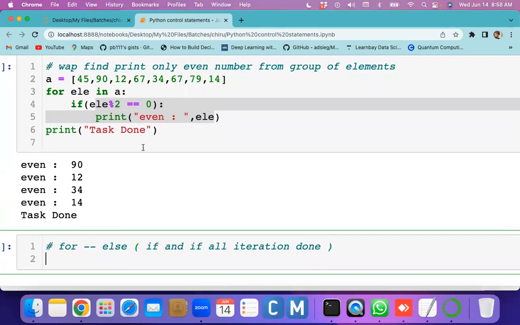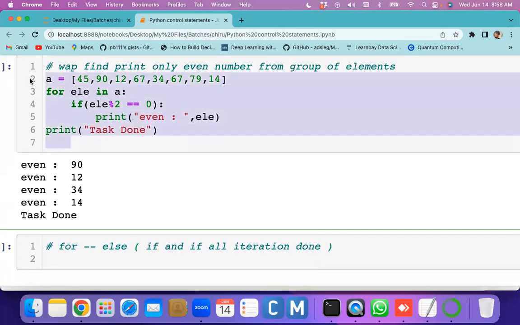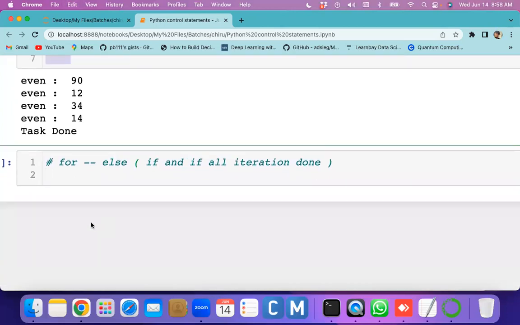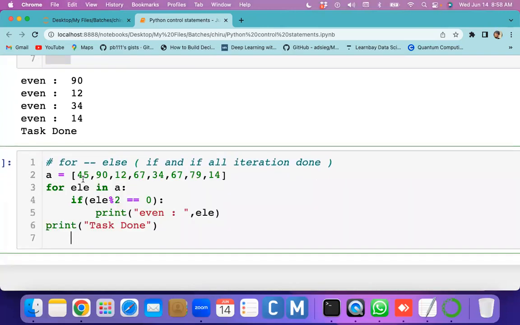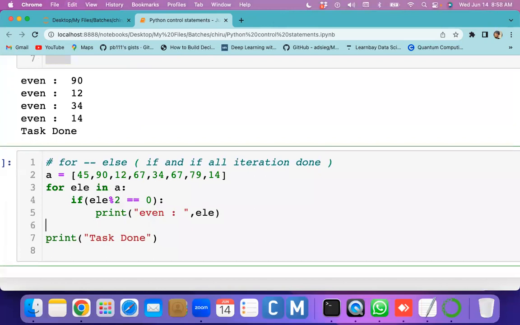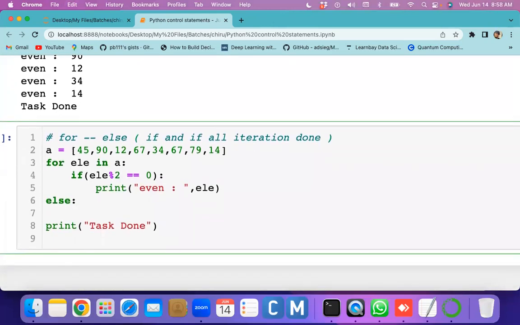That means you can write the same program, and here we can write the else block. This is the else which belongs to the for, not to the if, because it is exactly straight below the for, right? So this else belongs to the for.